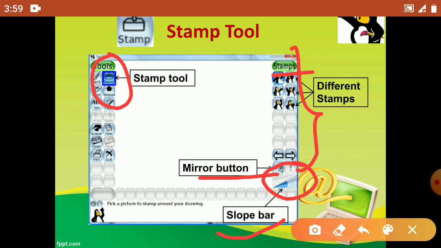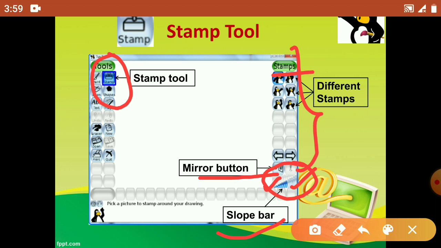But if you want to put a big stamp on your drawing, then you can increase it by just clicking on it. And if you want a small size of stamp, then you can click at the small bar down on the left side of the slope bar. Okay, so it is the size button. We can also say that the slope bar is used to change the size of the stamp.